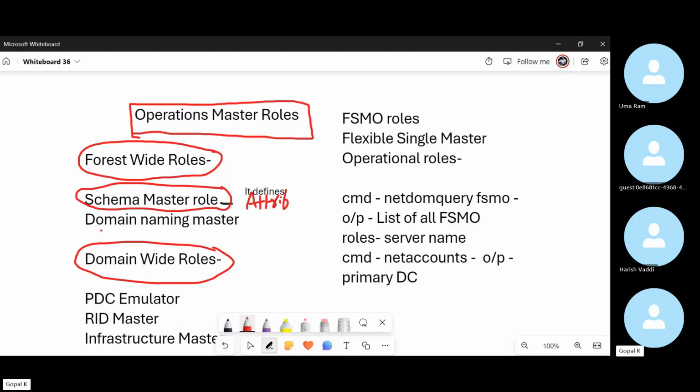And the Domain Naming Master role. It maintains the unique name of the domain or any object. So let's say you are creating any object or any domain, it is responsible for maintaining the unique name of the domain. Also, it is responsible for adding a new domain into the forest. So you have an existing forest, and you want to add another domain, you can do that, and it will ensure its uniqueness. And if you are renaming or doing anything to a domain in the forest, all these things will be taken care of by this